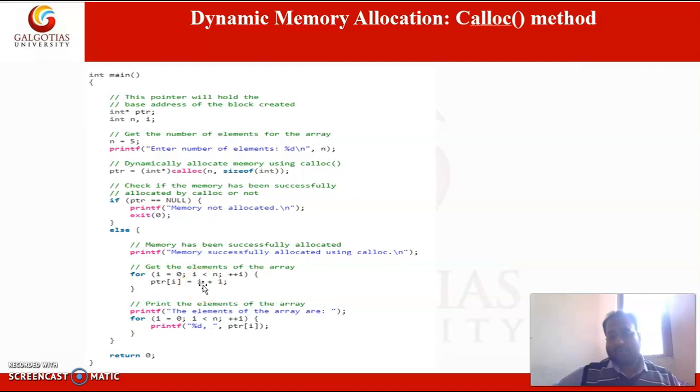But that is not true in the case of the malloc method, since the malloc method does not initialize values with zeros. So we cannot directly use that.